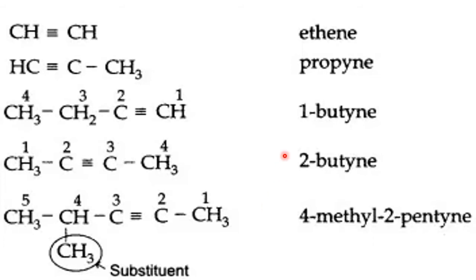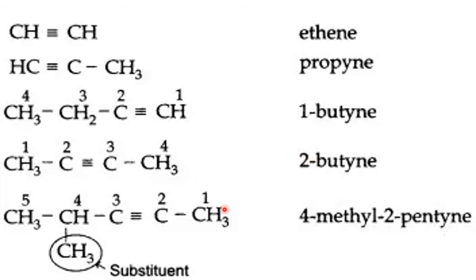Now why is it called ethene? It should be ethyne actually. Okay, ethyne. Please make it ethyne because a triple bond is there. Here triple bond is there. 3 carbon atoms in a straight chain. It is propyne. Now this is butyne. 4 carbons, triple bond, butyne. But why is it called 1-butyne? Because the triple bond starts from carbon atom number 1. Therefore it is 1-butyne. This is also butyne. 4 carbons with the triple bond, butyne. But the triple bond starts on the carbon atom number 2. Therefore this is 2-butyne. 1-butyne, 2-butyne. This 1 and 2 tell the position of the triple bond.